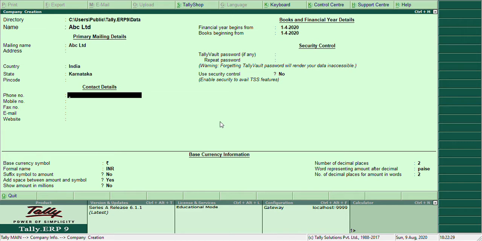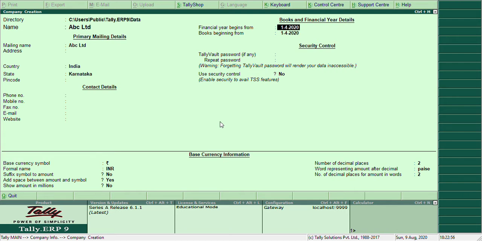All these fields can be skipped. These are not mandatory fields. You can enter all these details later, once you get the information.